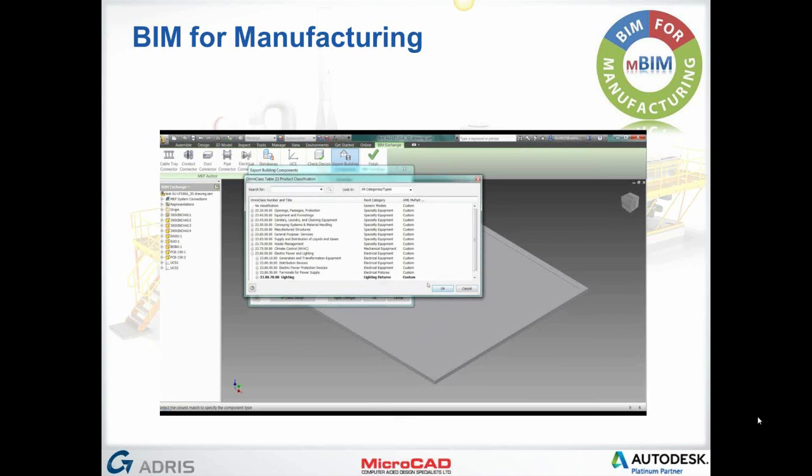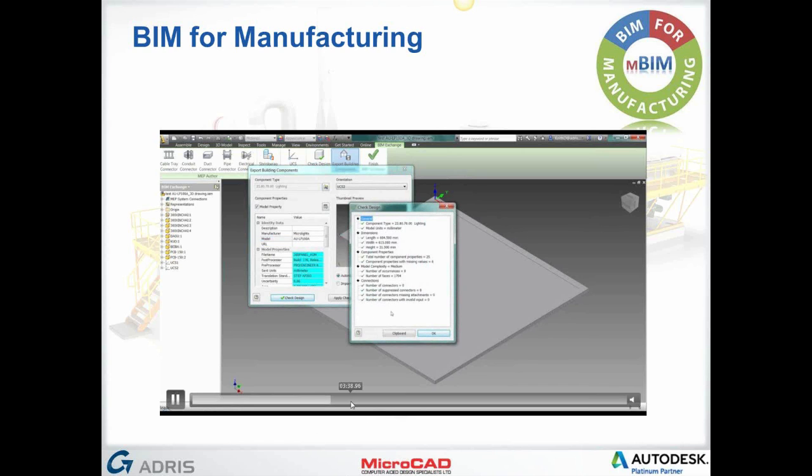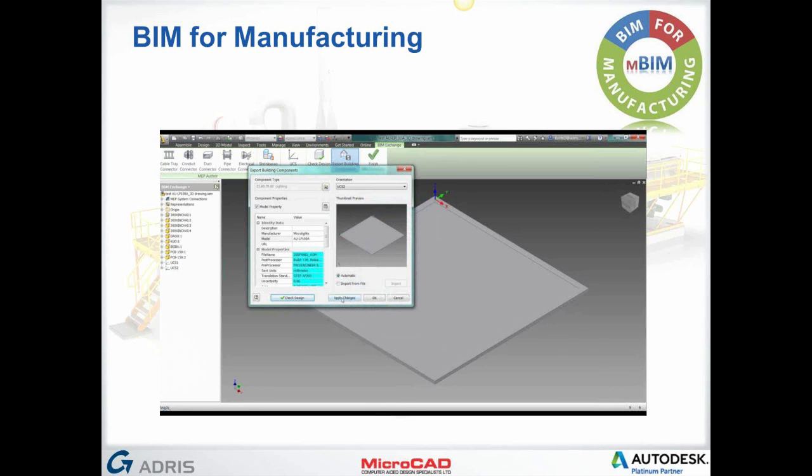Next thing you do is look at the classification systems. What I was talking about before, where you've got Uniclass, Omniclass, all of those different classifications, making sure that any classifications being put in here are correct, and also adding in data. So this is going through adding some data that they might want to attach, so a manufacturer's name, model, part numbers, that sort of stuff. Running a check on the system as well, just to make sure that when it goes out into Revit, the little family that's being produced is going to be a nice small size. Obviously, as an AEC workflow, you wouldn't want to start specifying stuff inside of a building that's going to take a lot of space once it gets pulled inside